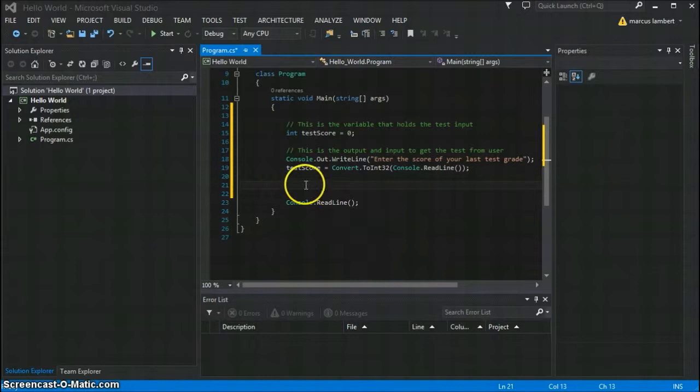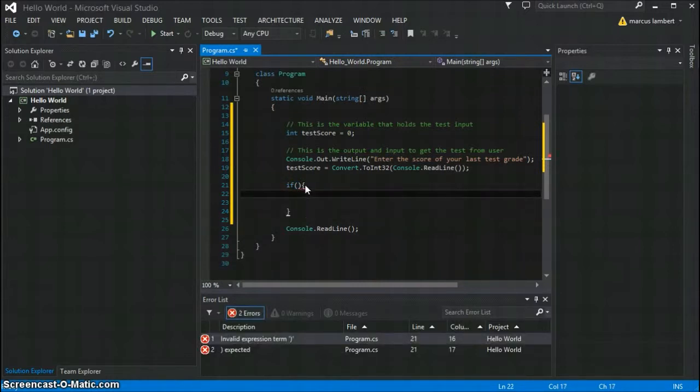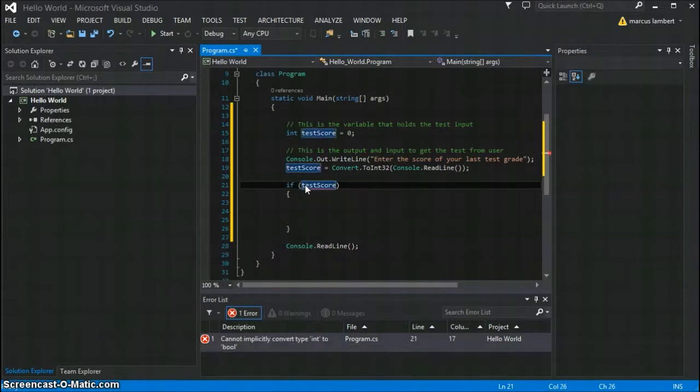So what we'll do right now is I'm going to go over if statements. Inside of an if statement, basically you say if something is true or if something is false, if something is greater than or if something is less than, then it's going to do this. And if it's not this, then it's going to do something else. So you can have a statement that says if, and put the parentheses, and I like to go ahead and get this set up for the actual code, and then go back up here and we'll say if testScore